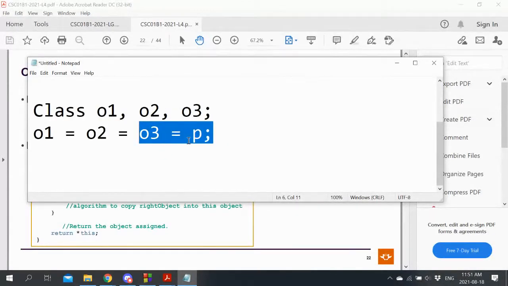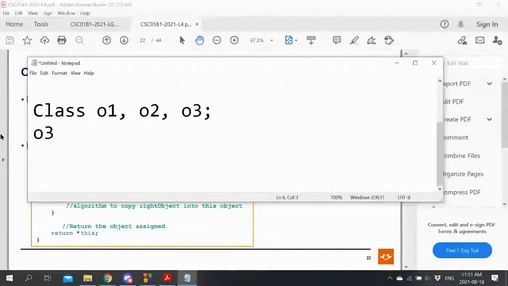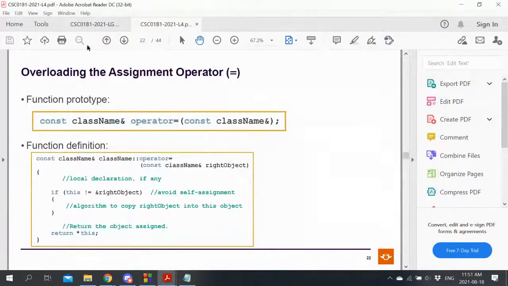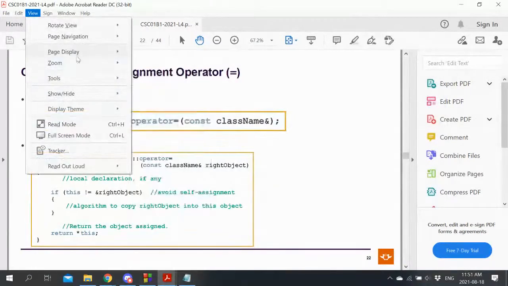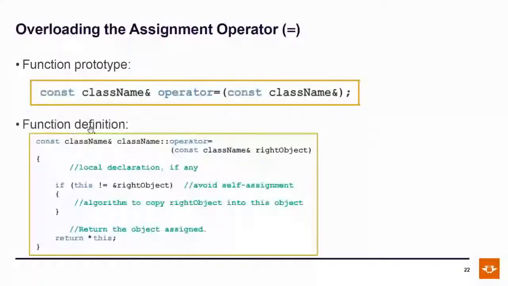Well, you've got two choices, and both are acceptable. One is you return the right-hand side, P, or you return the thing that got modified. The default is to return the thing that got modified and keep chaining. So basically you evaluate that and you return O3. You evaluate this and you return O3, and you evaluate that and you return O3, and then that gets thrown away. But the end result is that each of these O1, O2, and O3 got assigned one after each other. And this is why the implementation looks the way that it does. It's a little strange, but it is the way that it is.